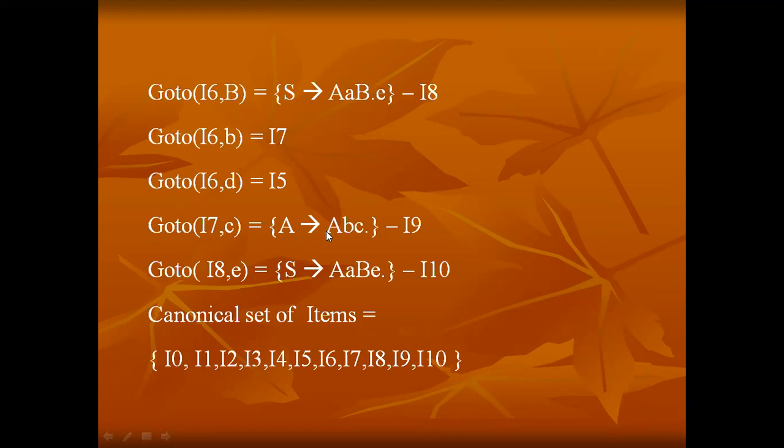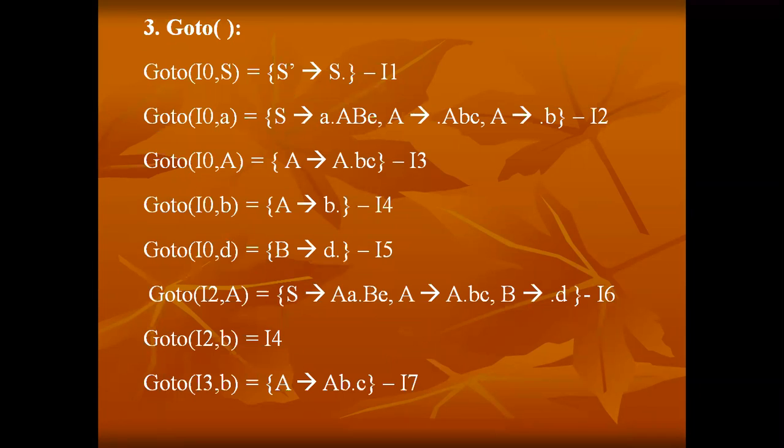Initially in I0, the dot is at the starting of the right hand side, but here in I9, it is at the end of the right hand side rule. That's the indication that we processed that production rule, right? And the third rule is also completed. What is the fourth rule? A tends to B dot. In I4, it is completed. We are done with the processing of this rule.